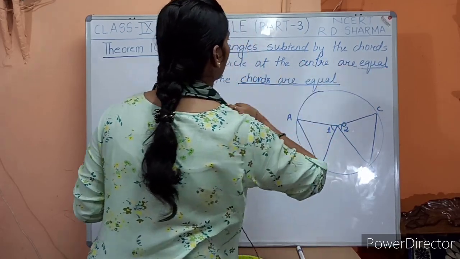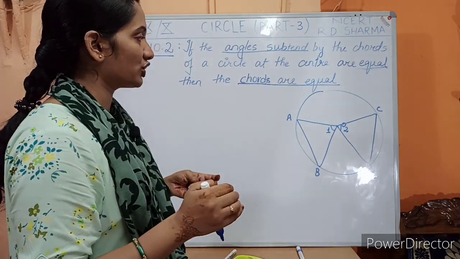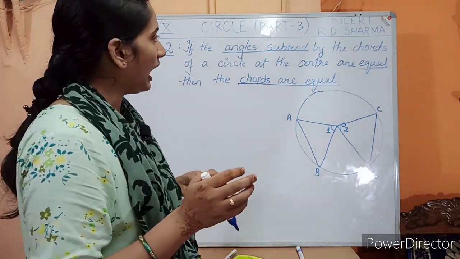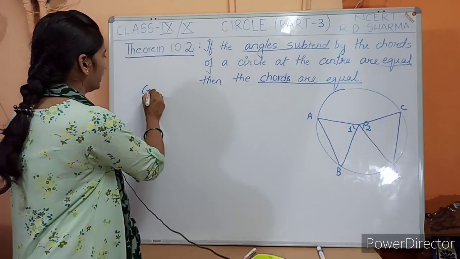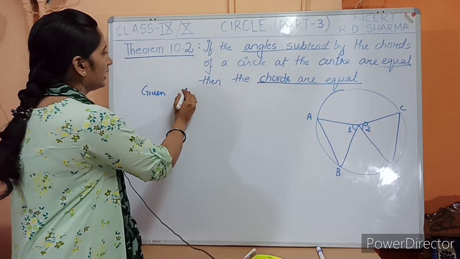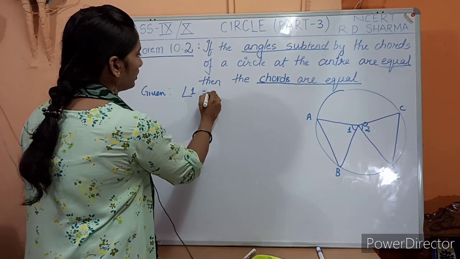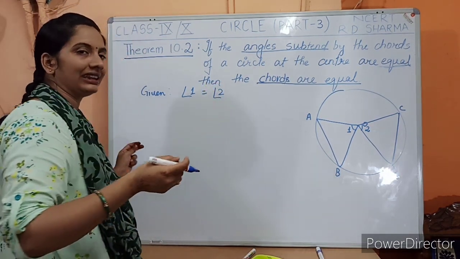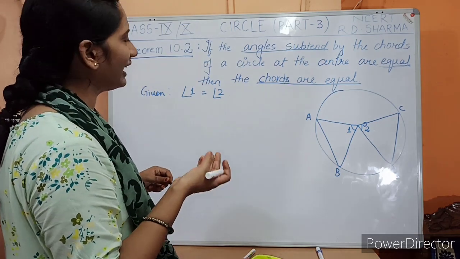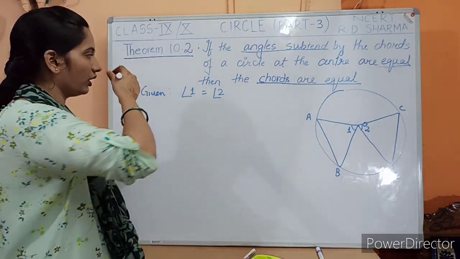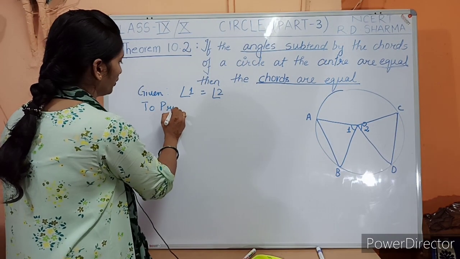equal. ठीक है, ये सेंटर पे जो एंगल सबटेंड हो रहा है, मतलब बन रहा है रेडियस के बीच में, on a chord are equal. It is already given to us. So let us write down what things are given to us. गिवन में हम क्या लिखेंगे? गिवन में हमें दिया है angle 1 is equal to angle 2. You can write the whole name of the angle, or you may write 1 and 2. It's your wish. Okay, so now let us see what we need to prove here.